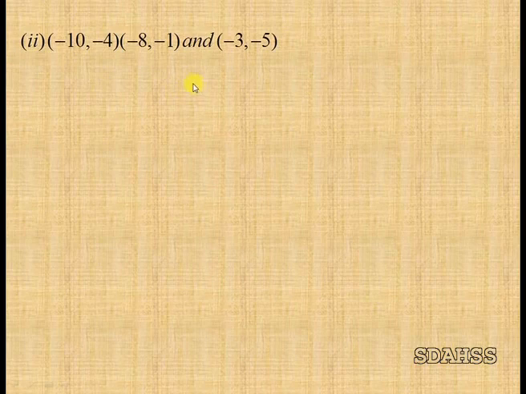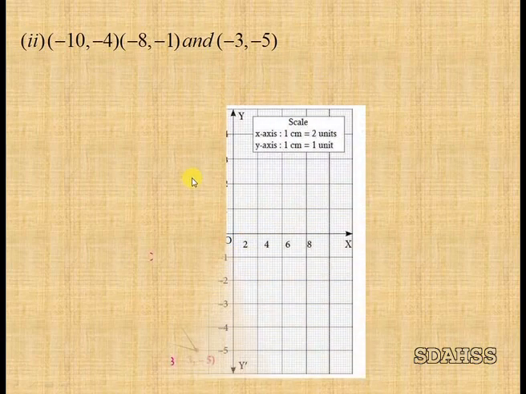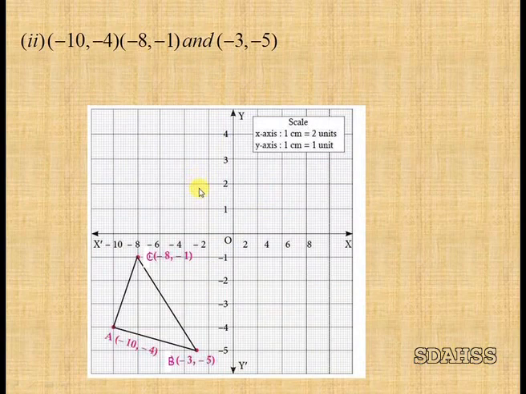First you have to plot these 3 points in a graph. First draw a horizontal and a vertical line. Write the numbers on the lines, both horizontal and vertical. Write the scale and then plot the points one by one. First point (-10, -4) is located in the third quadrant.